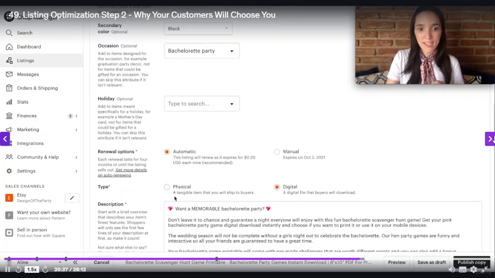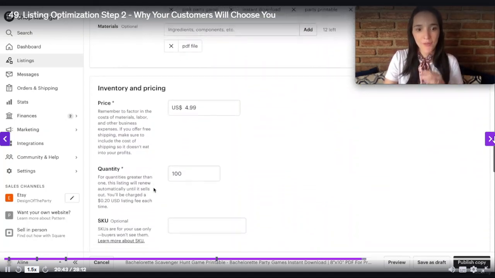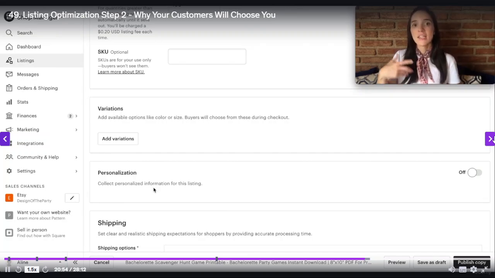And then if I scroll down right here and I click on physical, let's see now the new options that show up after the inventory and pricing section. Okay, so first, there's the variations section. And that is if you offer, obviously, variations of the same product. So it could be different sizes, different colors, different package quantities. Maybe if I was selling, for example, this game in packs of 20 or packs of 50 or packs of 5, then I could add variations here, and the customers will have those different options to choose from